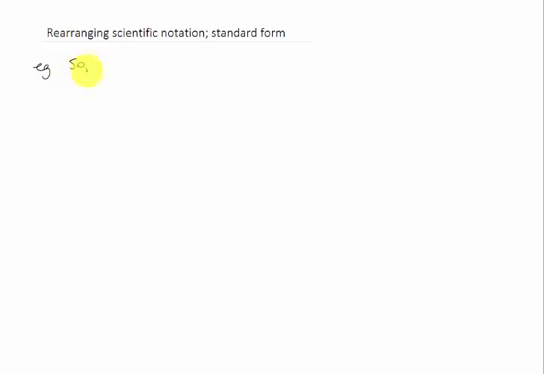So let's say we've got 50,000. So that is 5 times 10 times 10 times 10 times 10 times 10. And I'm going to show you how you can write that lots of different ways. So first of all, you could group this 5 here on its own and then put all these guys together. So that would be 5 times 10 to the power